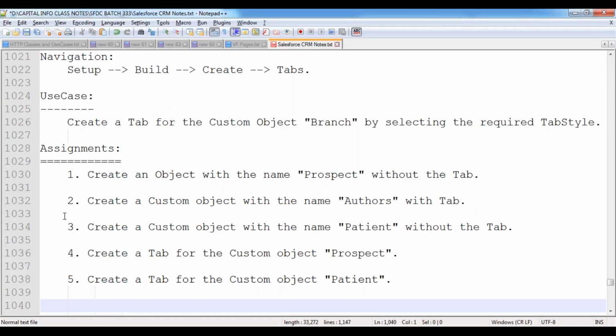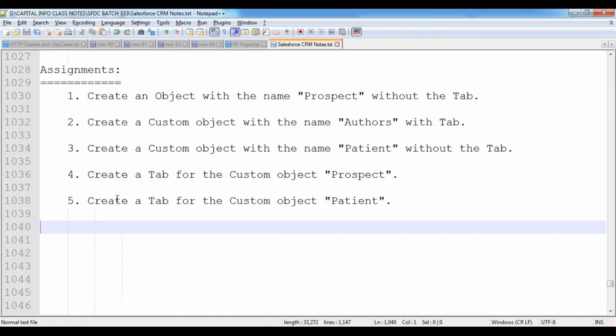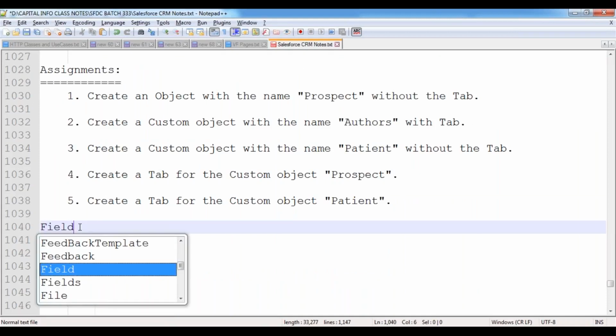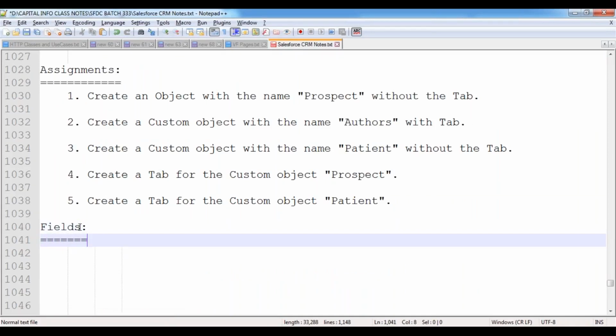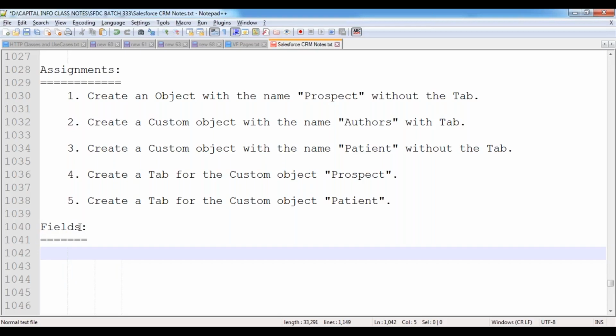Okay. Next one. The next concept is fields. As of now, we have discussed how to create the object and how to create the tabs inside your Salesforce instance.